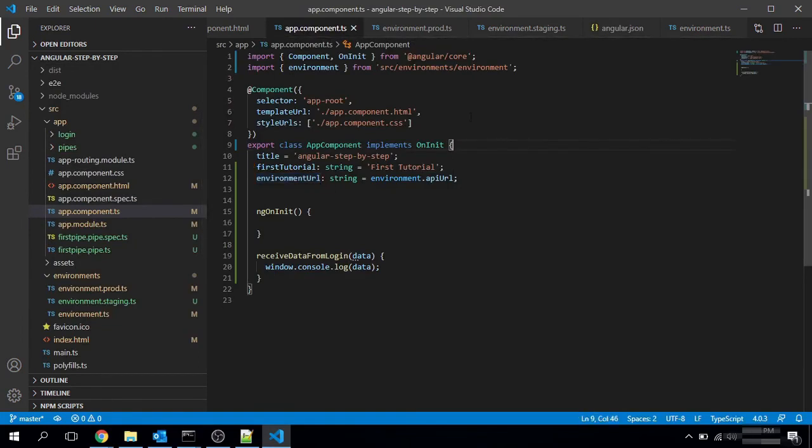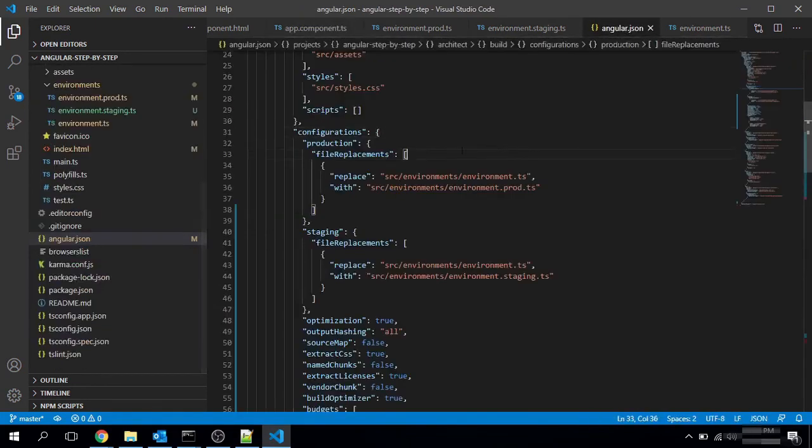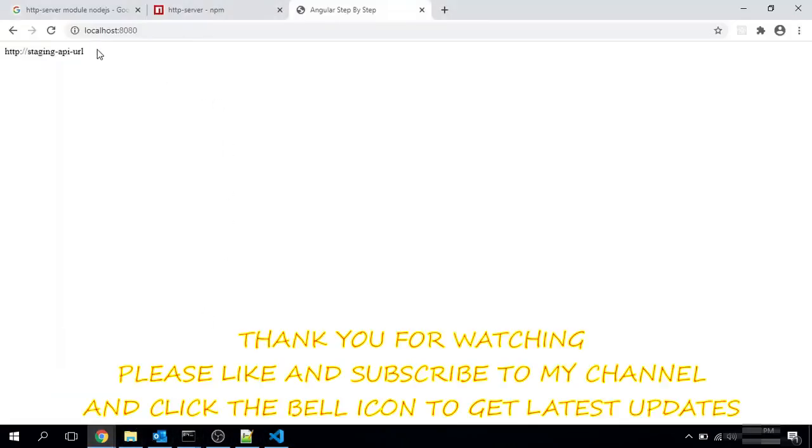For every command we are using production or staging. The production environment data is also moved into environment.ts, same for staging. Now you can see that our build has been executed successfully, and we have successfully created a build for the staging environment.